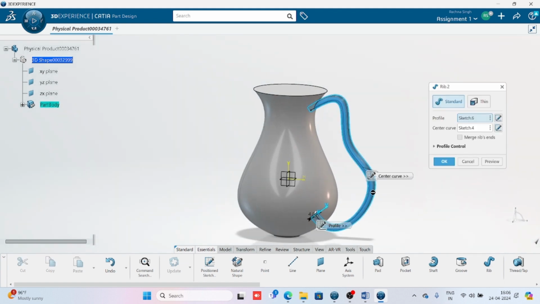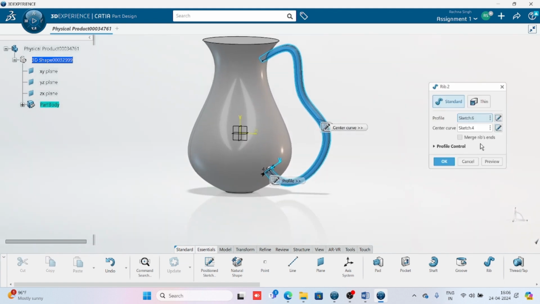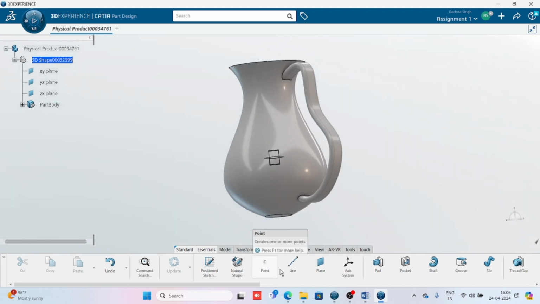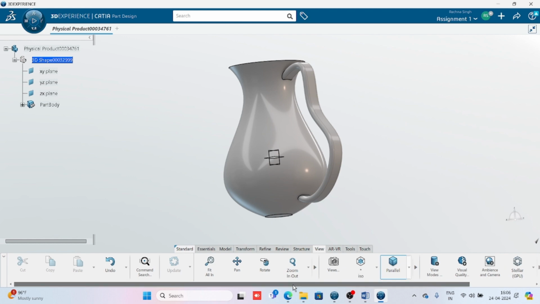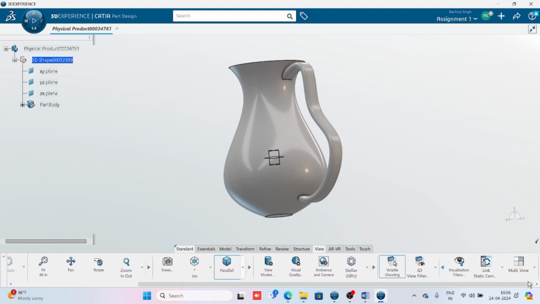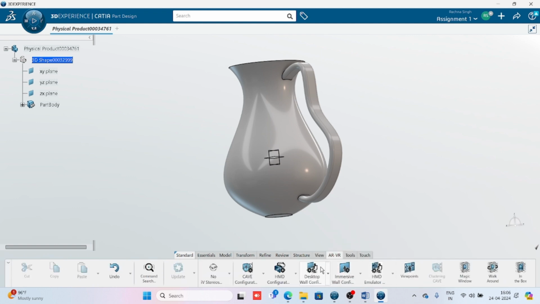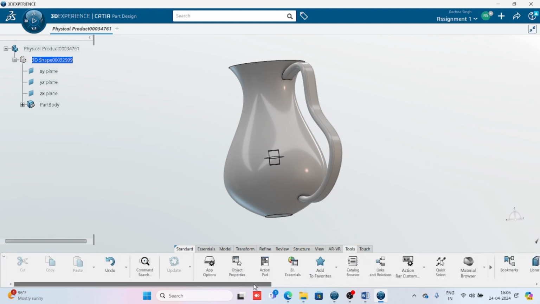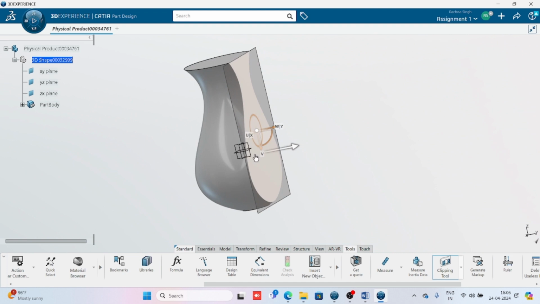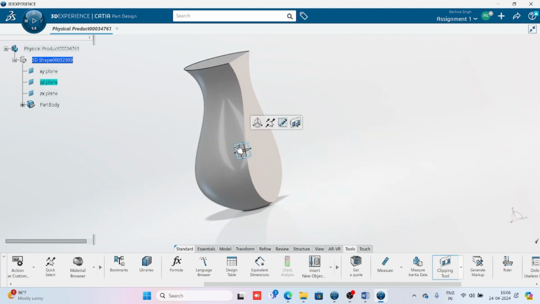If I want this profile to be hollow from inside, in that case we will use thin command. You all know very well now. Okay. Now it is hollow from inside, but now we have to see whether it is hollow from inside or not. So for that, come to the clipping tool, select the plane in which you want to be